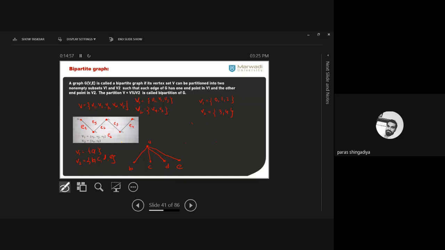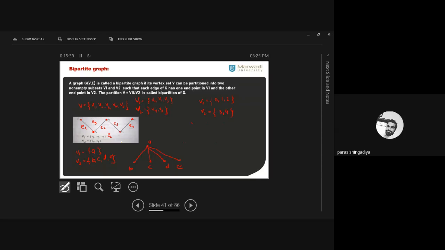Okay. The next part is the bipartite graph. So what is a bipartite graph? In this graph, we consider the partition of the vertex set. ठीक है, जो मेन सेट वर्टेक्स का है, सपोज़ उसमें 5 वर्टेक्स हैं, उसको आपको दो पार्ट में डिवाइड करना है. ठीक है, a two partition of the vertex set, and then we apply one of the conditions to create a bipartite graph. So what is the definition? The graph G(V, E) is called a bipartite graph if its vertex set V, whether 5 vertices, 10 vertices, whatever is given, can be partitioned into two non-empty subsets V1 and V2.